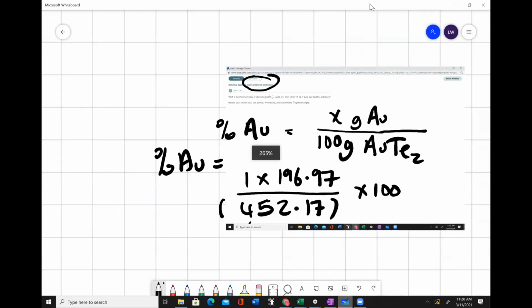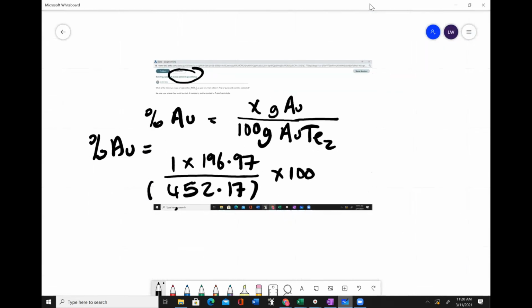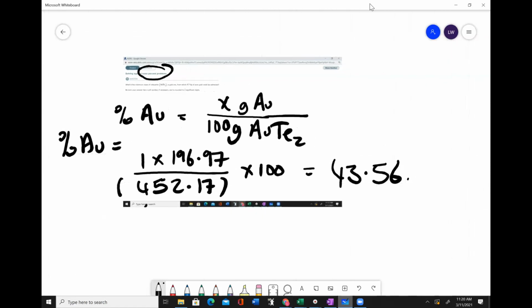So what this tells me is that I have a percentage of gold in my compound. Let's just do this. 196.97 divided by 452.17 times 100. You can see it's a little under a half gold. It ends up being 43.561%